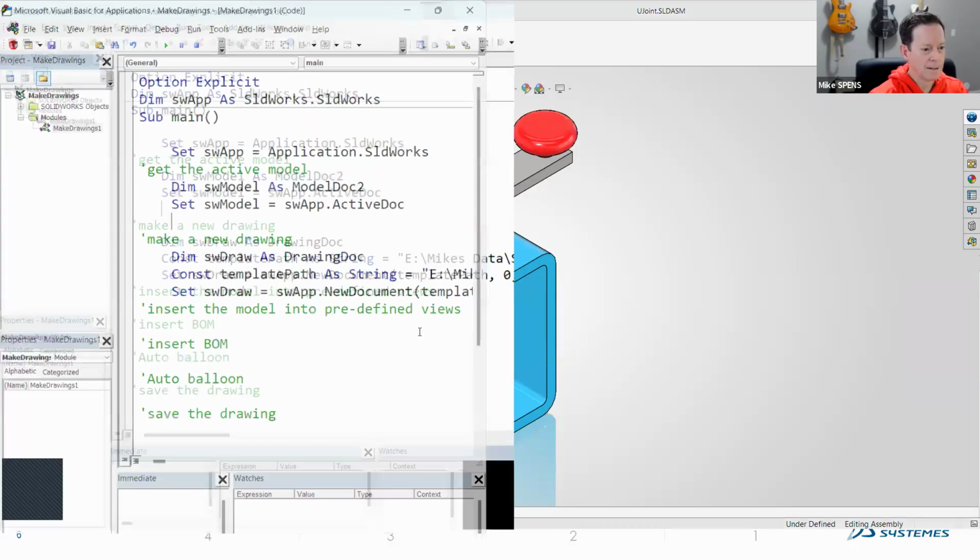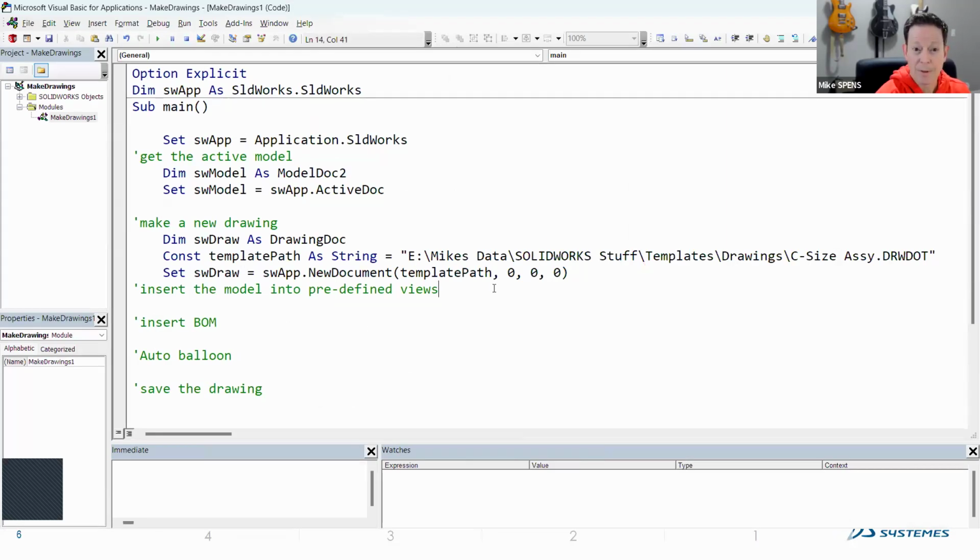Okay. I know I'm going to rattle through some of this pretty quick, but then if I want to insert a model into predefined views, how do we do that? Right. Well, it's from the drawing document, and I'm just going to make sure I'm